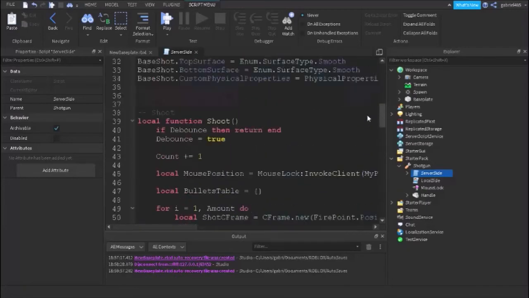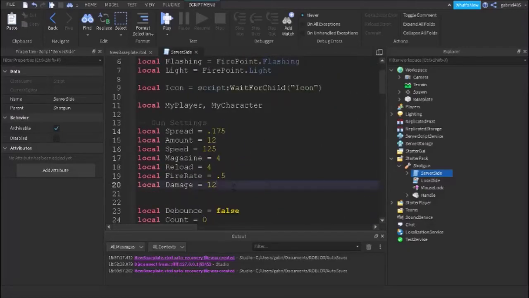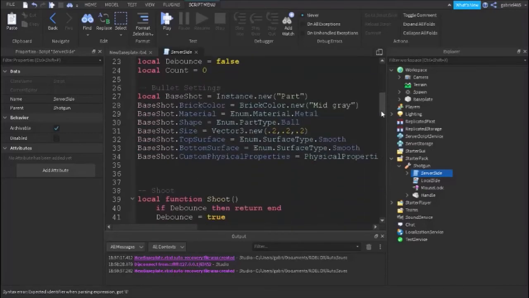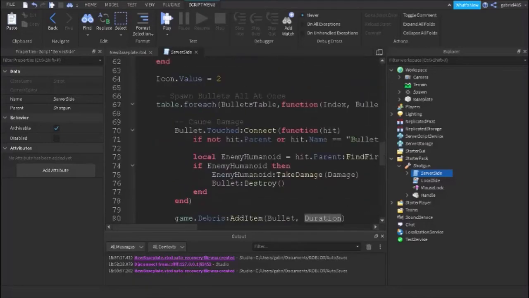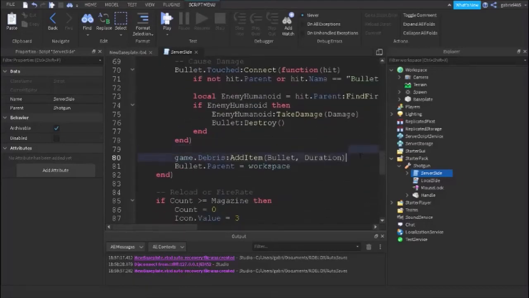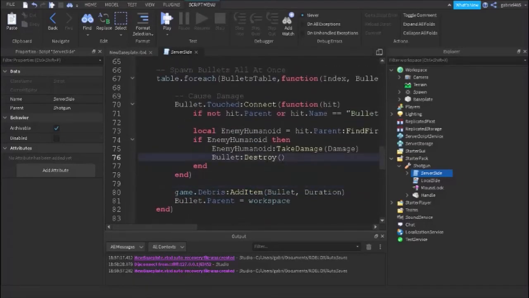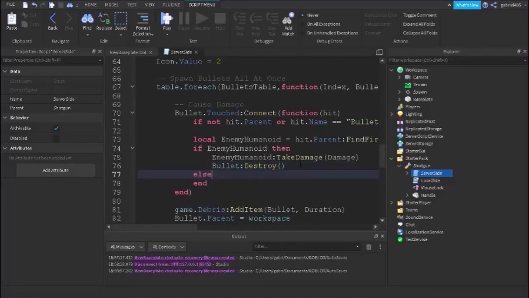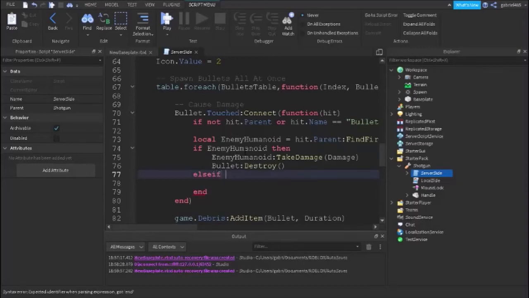So we have a duration period, and this is our lifetime. So basically local duration, and let's say we only have 6 seconds, so equals 6. Okay, so we only have that amount of time for the lifetime of the bullet. And if the bullet is touched, destroy the bullet. And then else, let's say if it doesn't shoot a person. Okay, so then we do else if